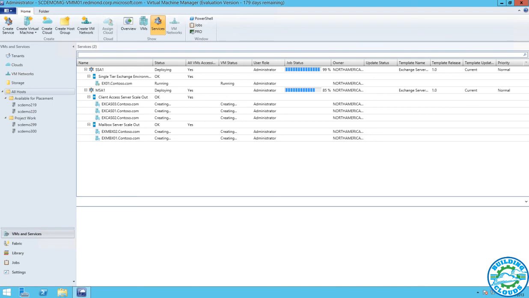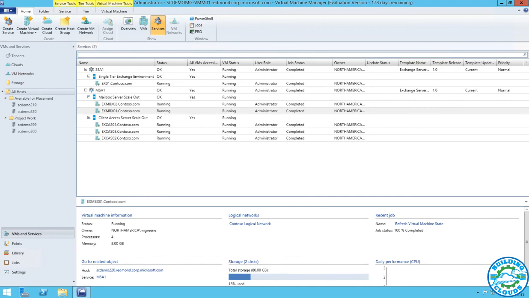So I'm going to pause the video and we will reconnect whenever, hopefully, these things turn green and we have Exchange available for testing. All right, there you go. There's your complete Exchange environment with the single server template as well as the scaled out multi-server environment. To be perfectly fair, I had to restart the environment and then I just let it run overnight and came back in the morning. So it didn't take too long to complete. If I go back and look at the actual job, it looks like it took a little bit over an hour, but